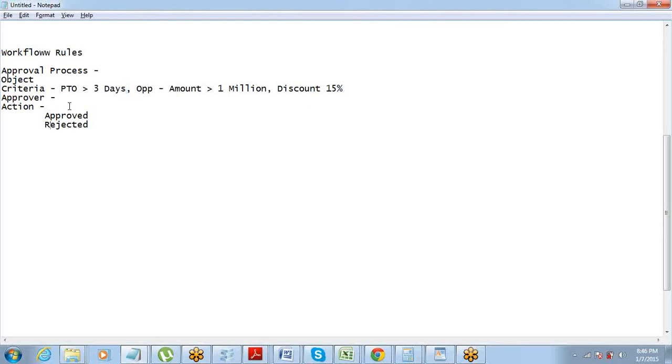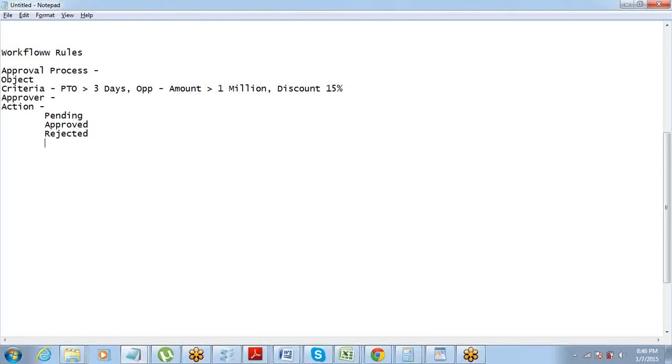So here action is not one step thing. Here action can be at different stages. Okay. So if it's an approval process, the approver can approve it or he can reject it. So actions will be defined for different cases. Okay.